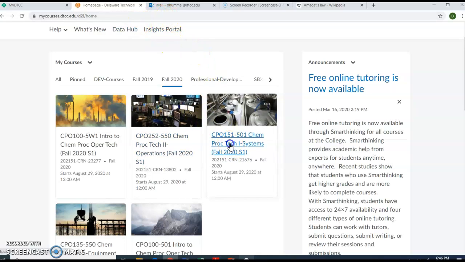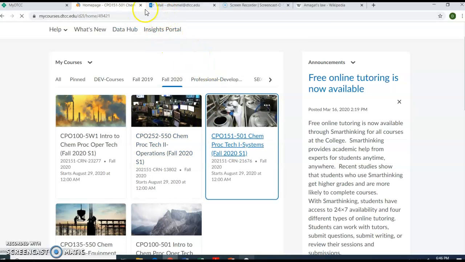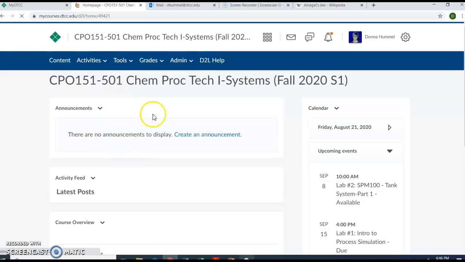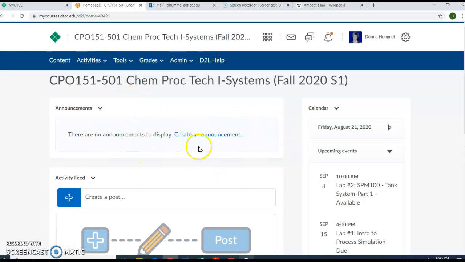Okay, so when you click on this, this screen comes up. Now this is the main screen, so there'll be announcements here. Initially I'm going to have a Zoom announcement for you, and we'll probably already be talking about it, because I want to go through everything with you and talk a little bit about how we're going to do lab stats and so on. Plus I would like to be available to you all the time on Zoom every week to do the lecture